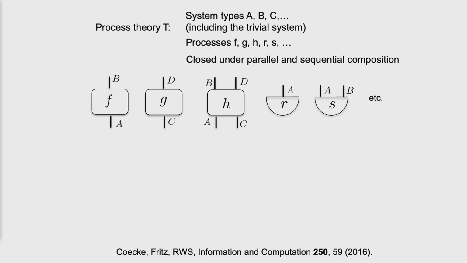So there's going to be different types of systems, A, B, C, etc., including a trivial system, which I'll represent as no wire. You can think of this as a trivial input and a non-trivial output, for example. And then you've got different processes, which I write by lowercase letters. Some of those processes have inputs and outputs. Some have multiple inputs, multiple outputs. Some have no inputs. These are states, bipartite state, unipartite state, and so forth. And we want to imagine that this forms a theory in the sense that if you give me processes that exist in the theory, and I wire them together, matching the types of those wires, I'll get another process that exists in the theory. Okay? So it's closed in that sense.